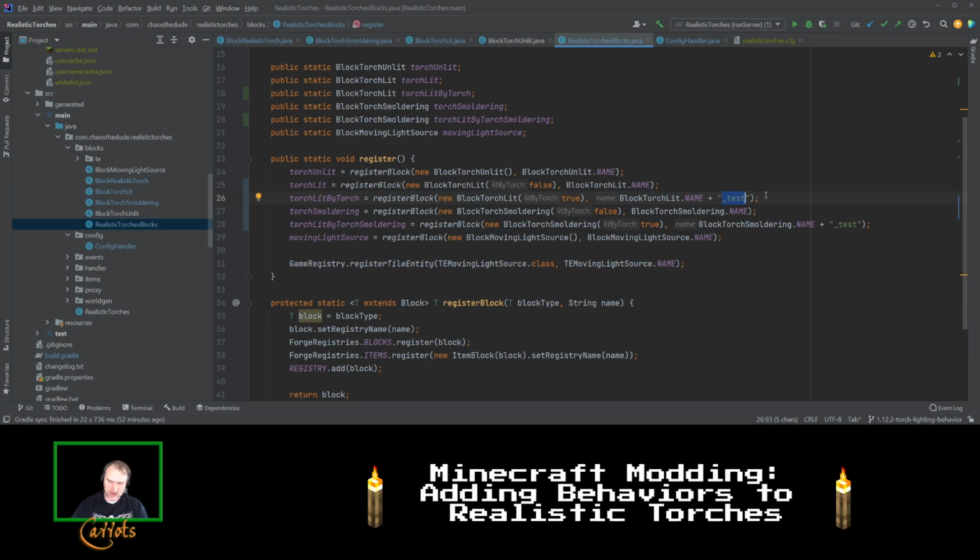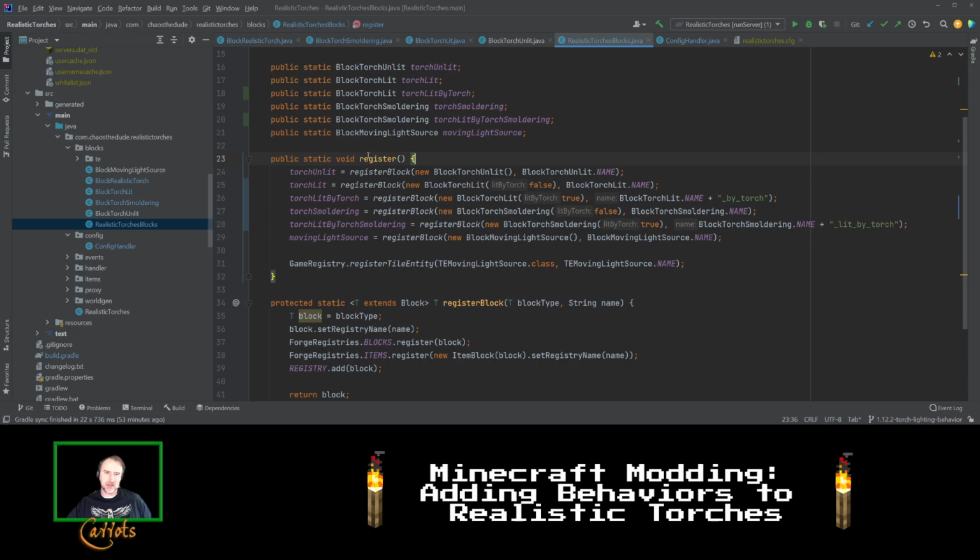Torch lit, and we could say underscore by torch. Then torch smoldering, torch lit by torch, torch smoldering lit by torch. Annoying, but